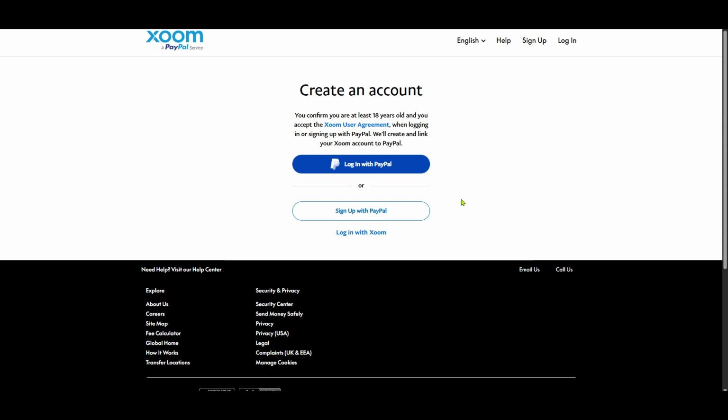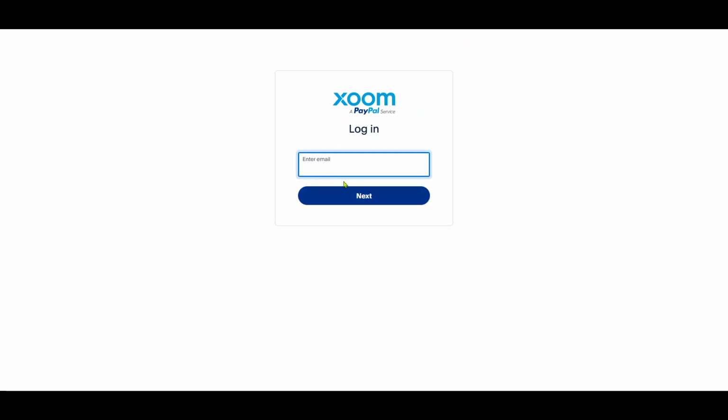If you've logged in successfully, you'll be redirected to your Xoom dashboard. From this point on, you can explore the many features Xoom has on offer. Whether you're aiming to send money to a different country or pay international service providers, you can do so with just a few clicks. The process is not only fast, but also ensures that your transactions are protected with PayPal's